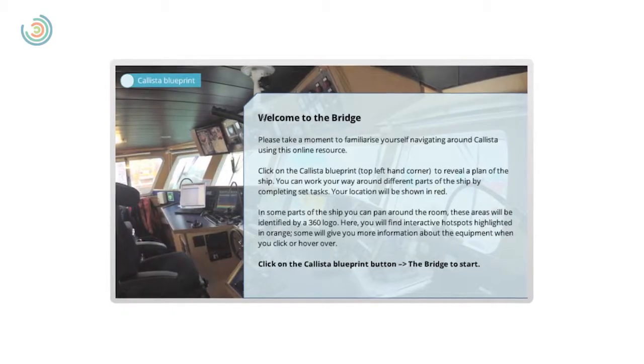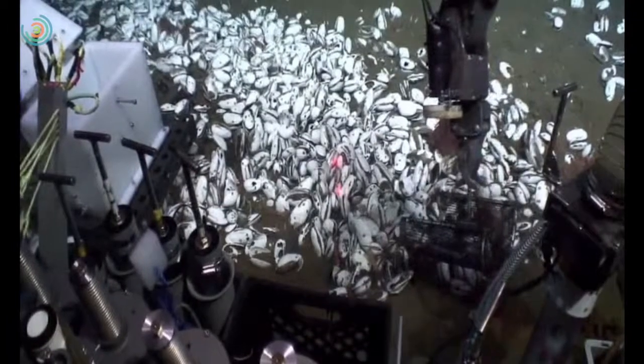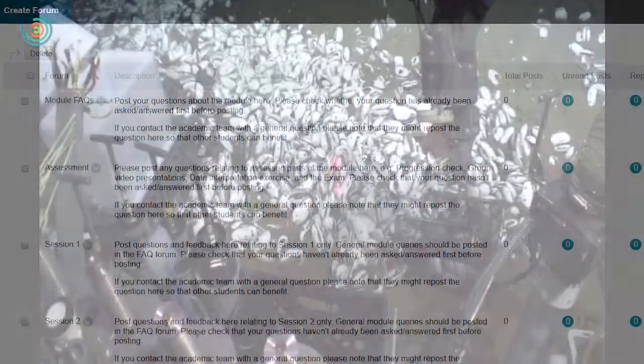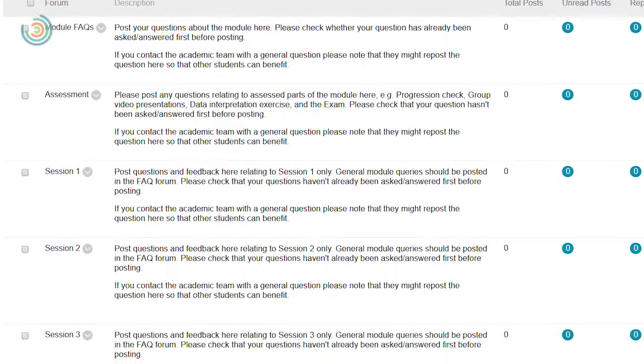In this course, what we've tried to do is take me out of the lecture theatre and into the environment in which we're studying, in this case a marine environment, and we've used a variety of digital means to make that environment alive and bring it to the students. So we've used virtual reality, we've used 360-degree cameras, and we've added resources online that explore some of the concepts that we are studying in detail in the lecture theatre.